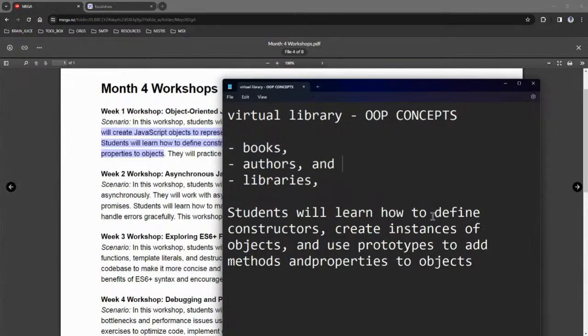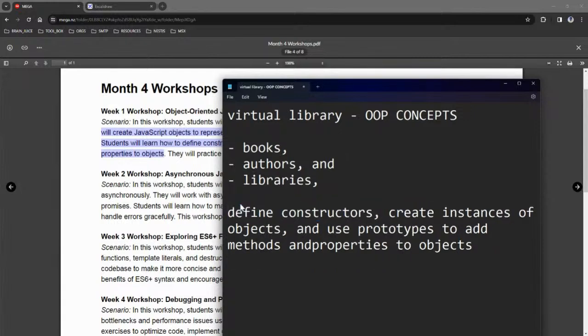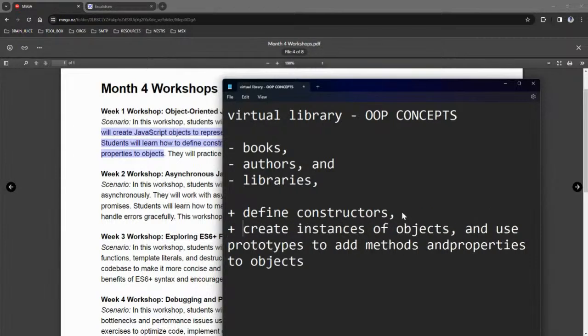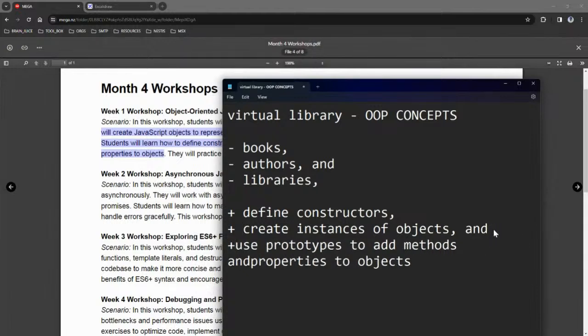Students will learn how to define constructors. All right. So we'll learn how to first define constructors, then create instances of objects and use prototypes to add methods and properties. All right. Yeah, I think this will be fun. So basically, we're building a